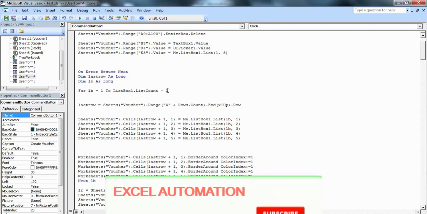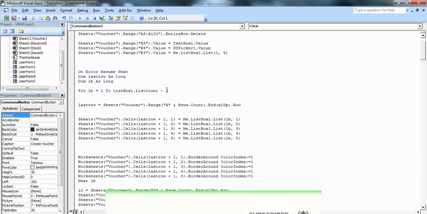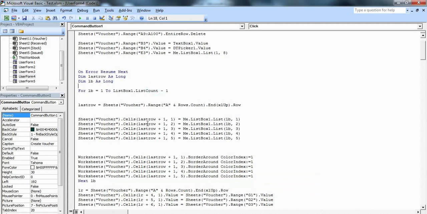So to equate that, we have to subtract 1 from the list box count. Then we type LastRow = SheetVoucher.Range("A" & Rows.Count).End(xlUp).Row. This line is to find the last row of our Excel sheet.